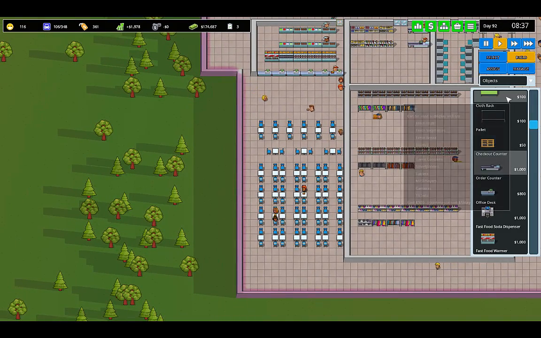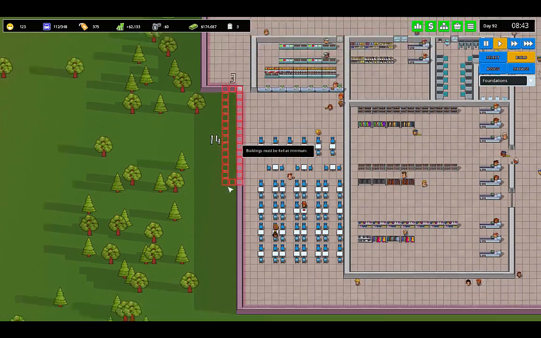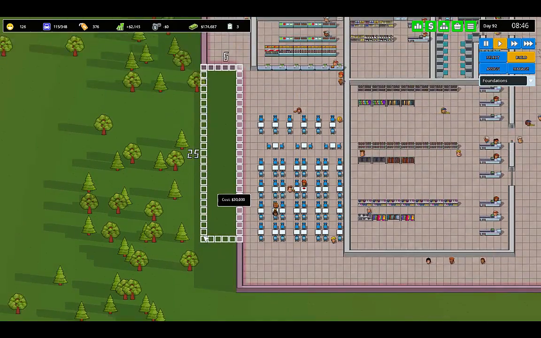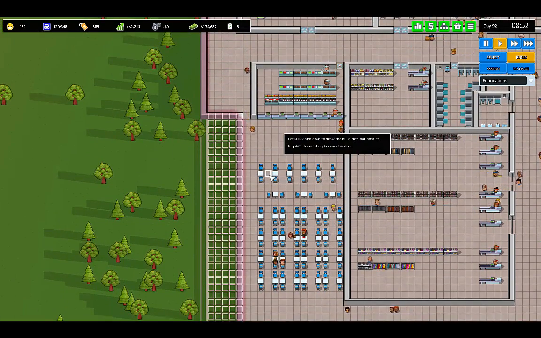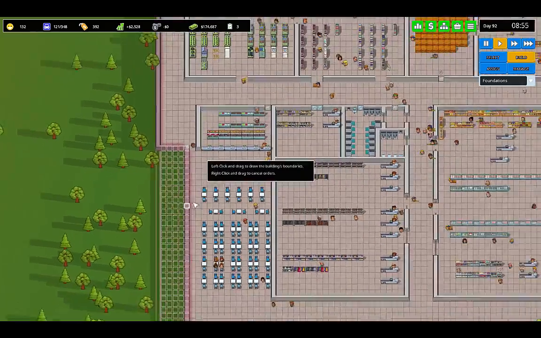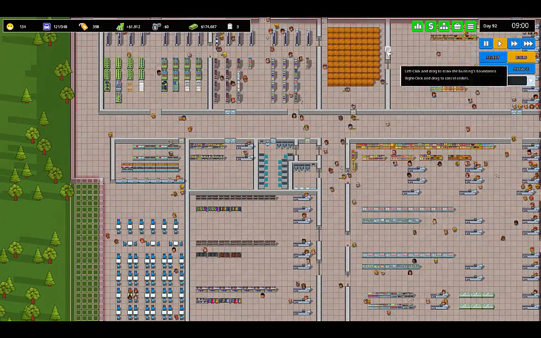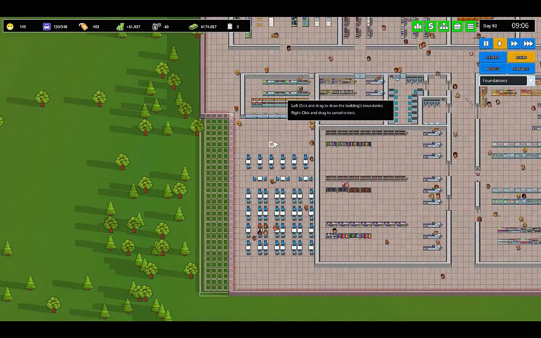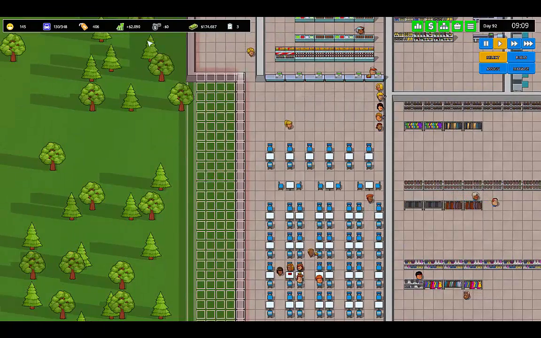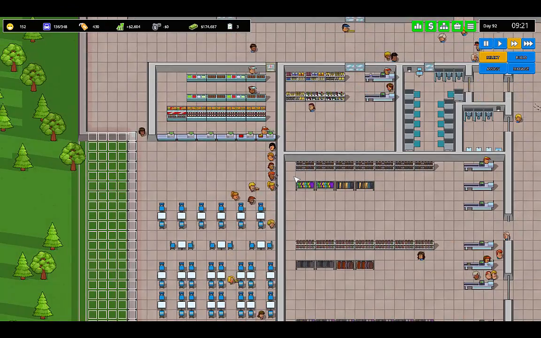So what I'm going to do is we're going to build some foundations. And I would like to get this going right out to here. And then we can work on some office space somewhere in here, because offices won't require stock clerks, so we don't have to worry about the distance to the storage room. But I would like to get this stuff going here as much as possible. So let's speed her up a little bit, and hopefully we don't...